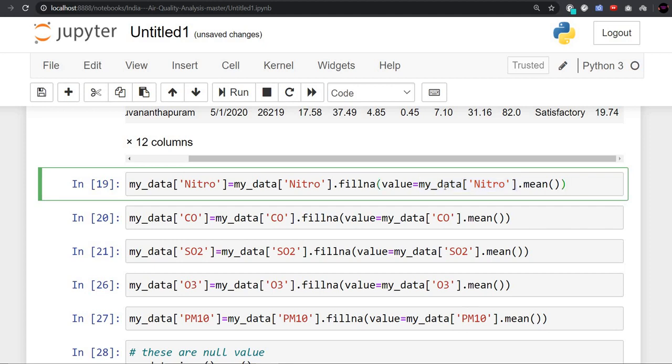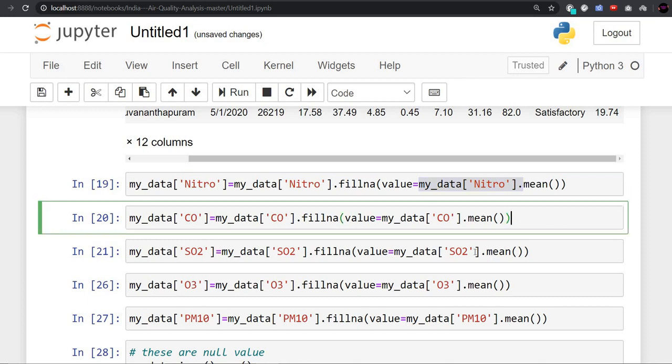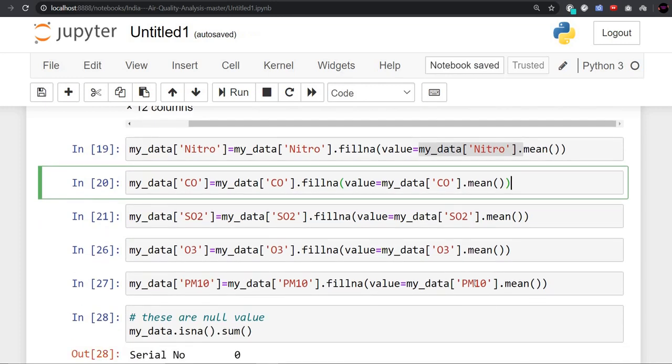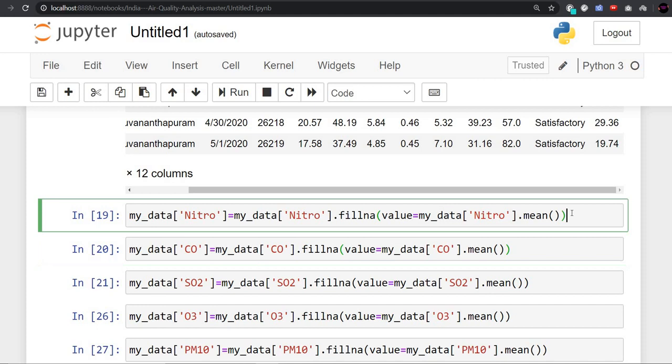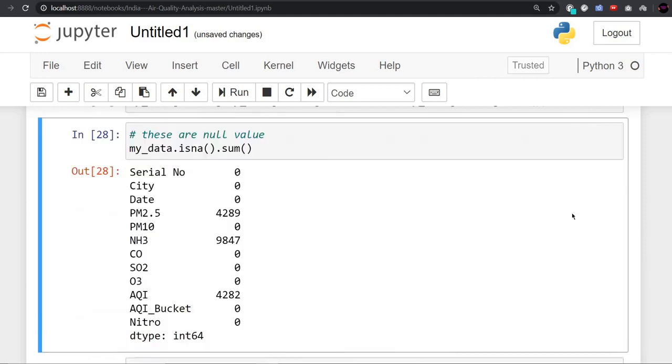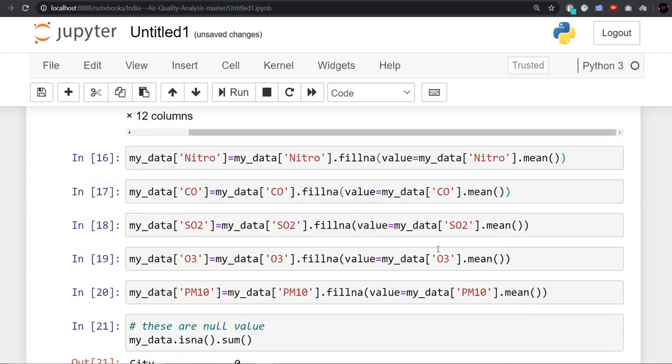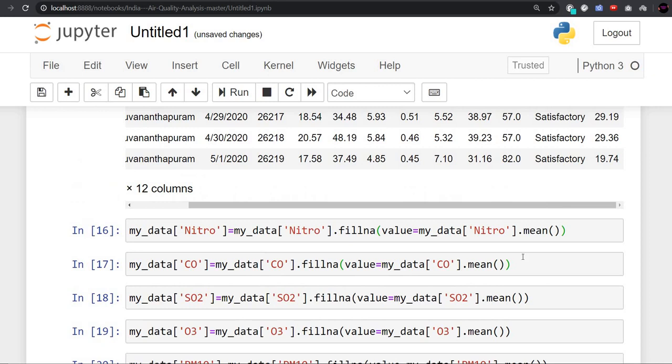We will replace null values with the average of the values present under the nitro column. We will do it for all the other values, that is carbon monoxide, sulfur dioxide, ozone, PM10. We will do it for all the values. So let us execute all of it. We have done it for all the values, as you can see here.